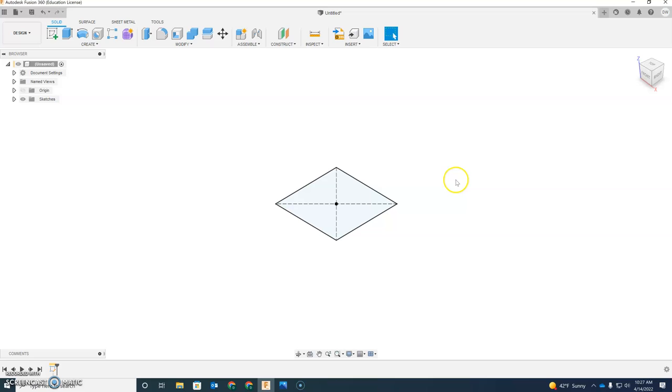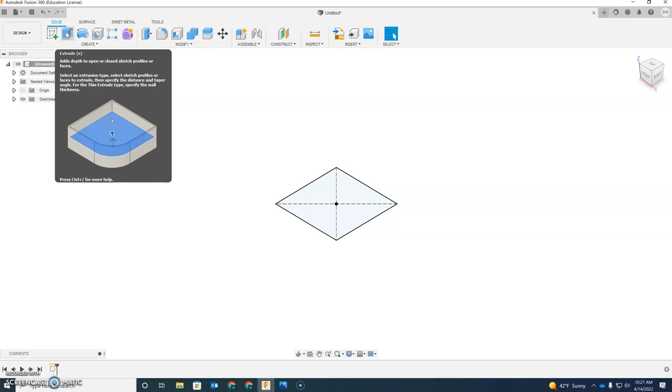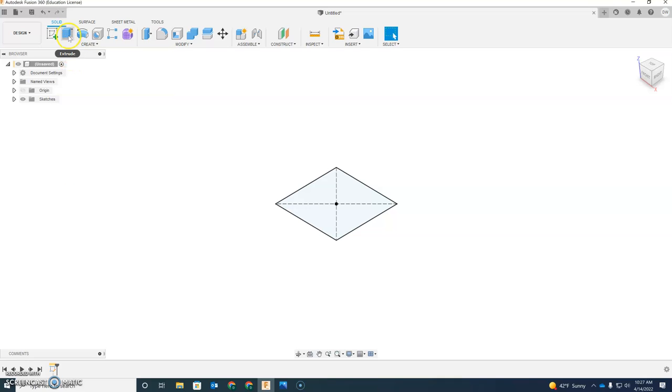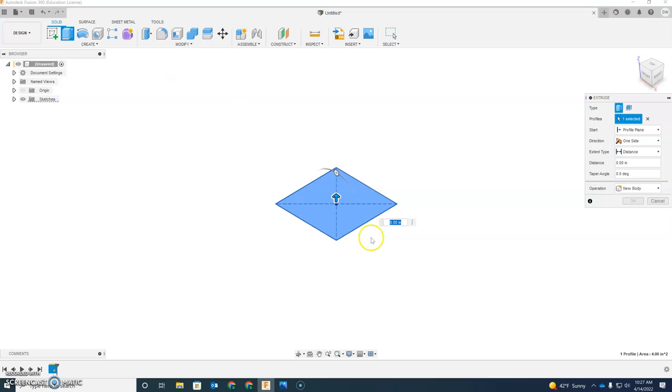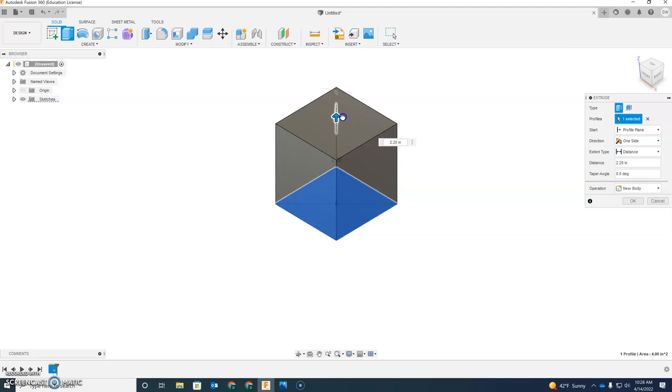All right, now that sketch is finished, we're going to go ahead and come up here next to where we create a sketch. The next thing over is called Extrude. E is the shortcut for Extrude, but you can just click on it there either way. It automatically selects that, or at least it should. If it does not, just click inside of there to select it. And we're going to extrude this in this direction. We're just going to pull it up. And the amount we're going to pull it up, we're going to come over here to distance. We're going to pull it up at